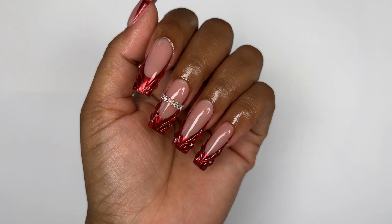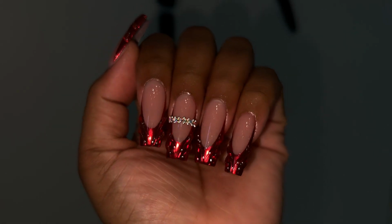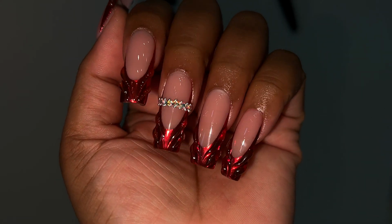As per usual, I went ahead and took some low light images as well. So pretty, you guys. Please let me know what you think of this set down below,